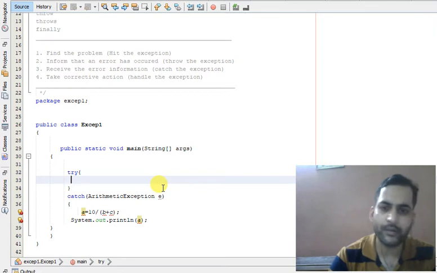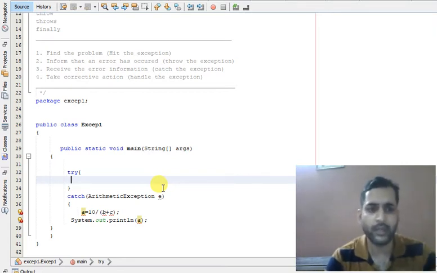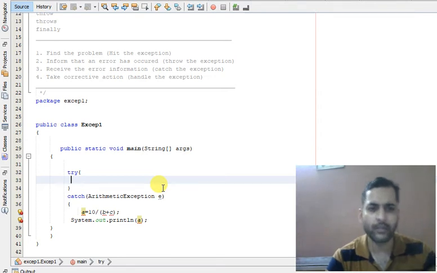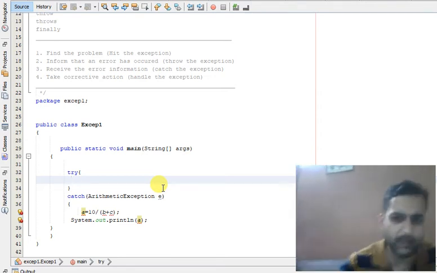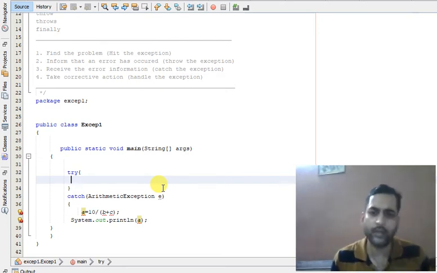The arguments which are convertible to integer will be converted, and string values like ABC will not be converted. In such cases there will be a number format exception. So what is our goal? We are actually counting the valid and invalid numbers.